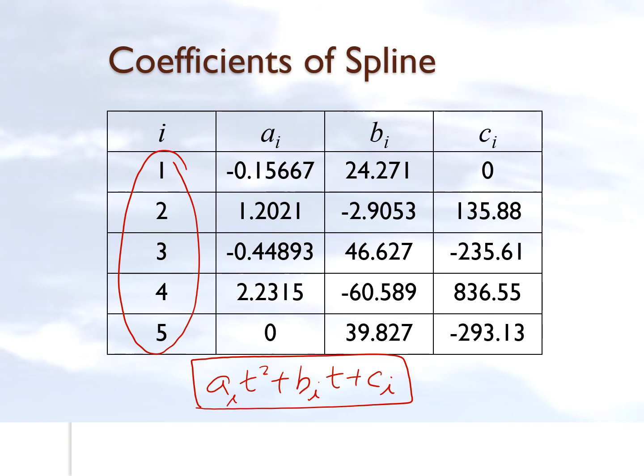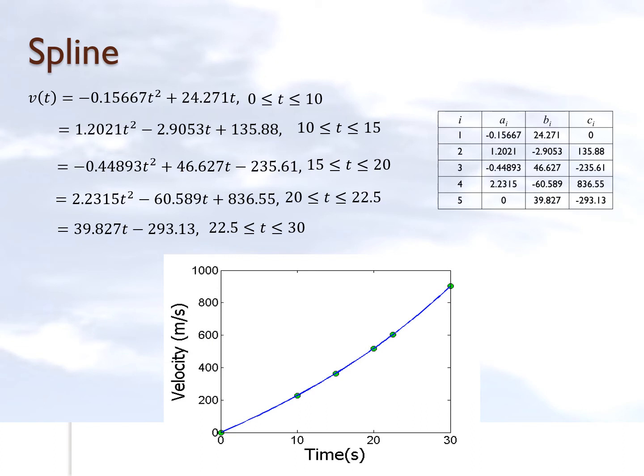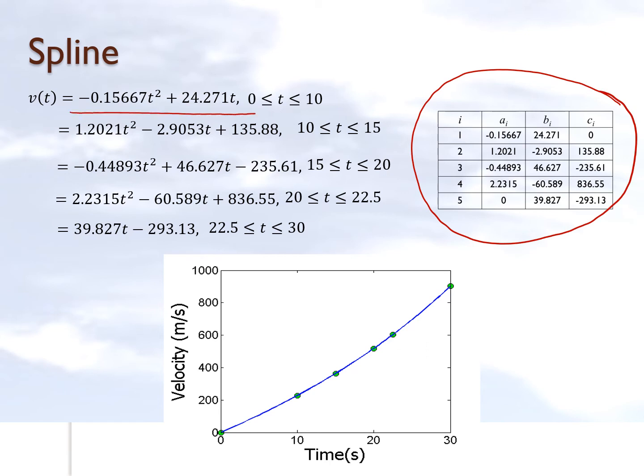Now we're going to write it in the quadratics format which we assumed, and let's see what we get. So here we have the coefficients which we found by solving 15 equations, 15 unknowns. This is there just for reference. So you can see that this will be my first quadratic, that's my second, third, fourth, and fifth quadratic.